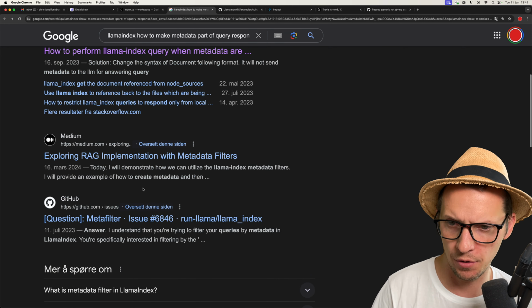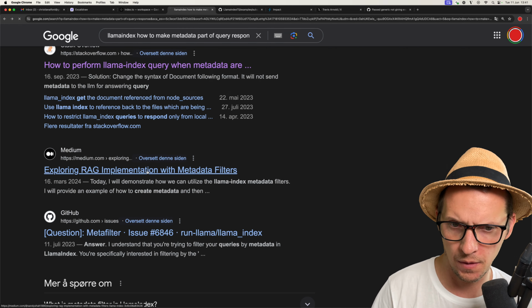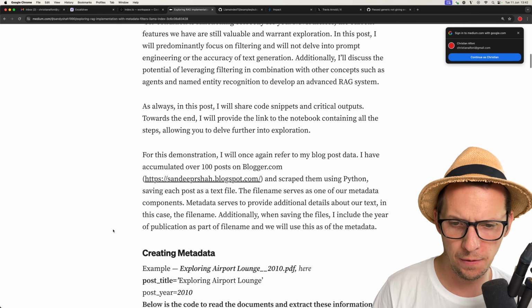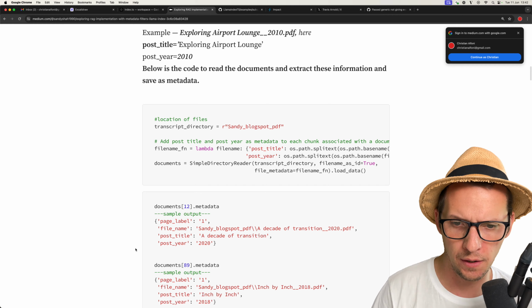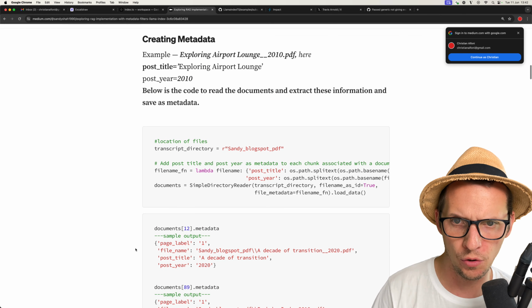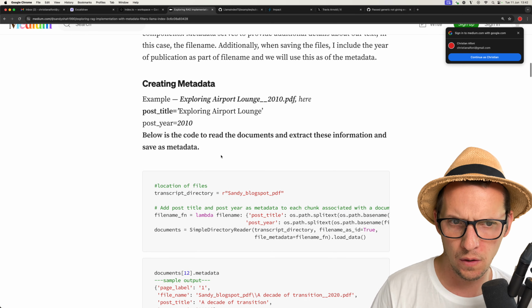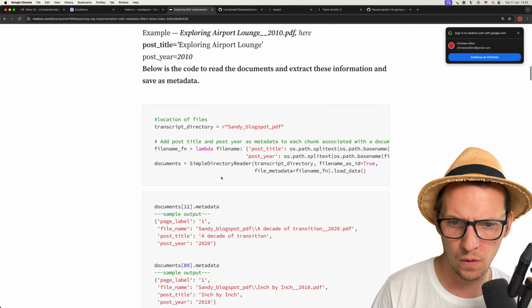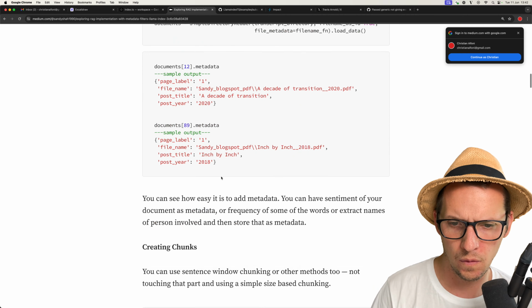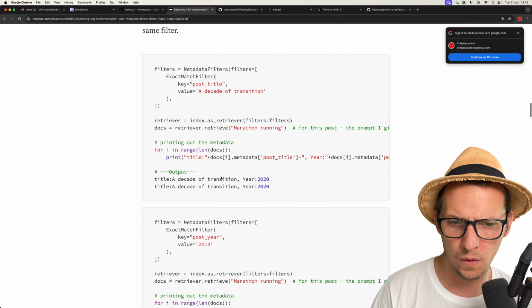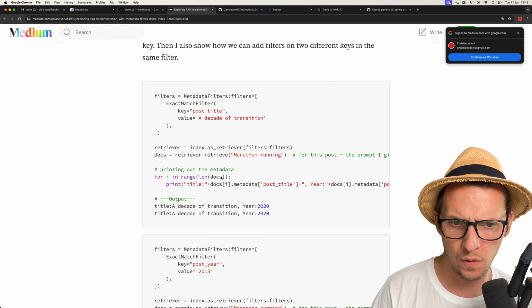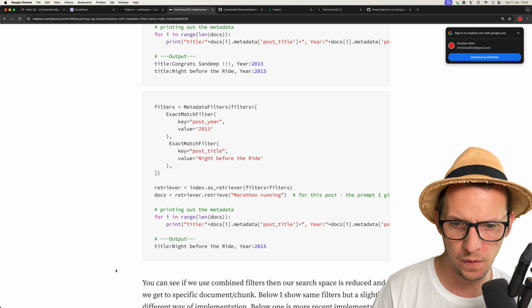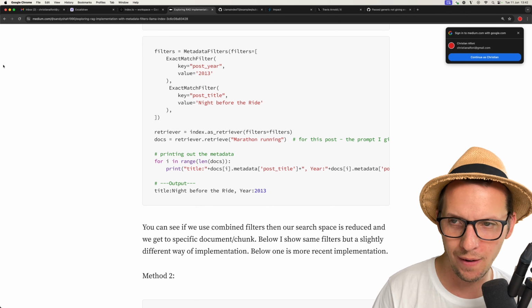Okay, I wonder if we should just... but metadata filters, that's just like there's certain documents that we shouldn't. Yeah, I don't want to filter. I want the metadata to be part of the